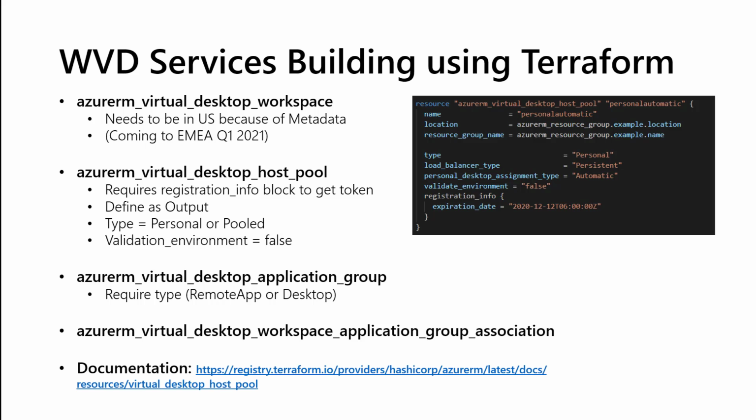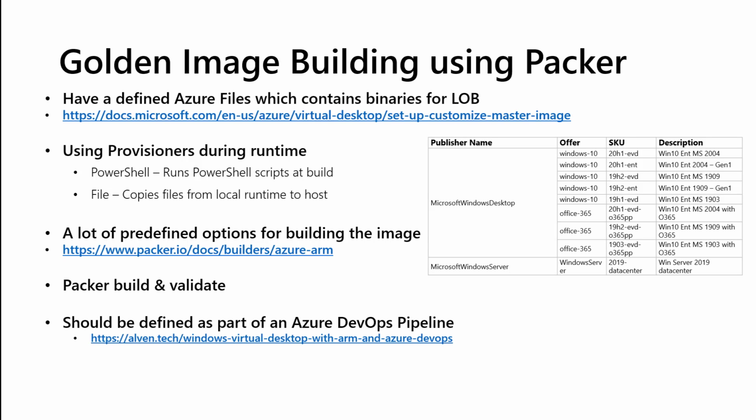It's the workspace, which needs, of course, to be defined as US because of the metadata. We deploy the host pool, where we also need to define the registration info. That way we have the token that we use to actually associate the host pools with the workspace. And then we have the different application groups and association between the application group and the workspace. And then we of course have building the actual golden image, which can be done using Azure Image Builder or